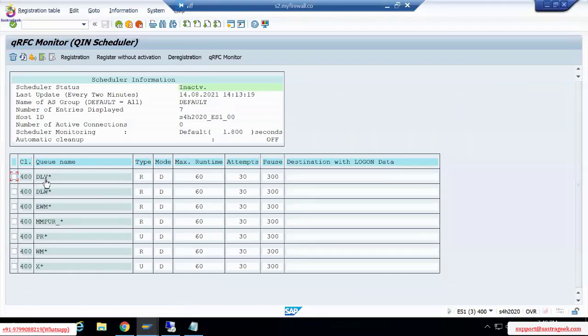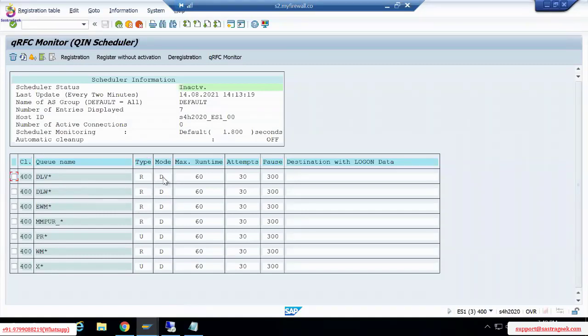For example, DLV star, DLW star, EWM, MMPR, PR star, WM star: each of these means the queue name here. If you're trying to send an EWM inbound delivery, or an inbound delivery from your ERP, the queue name starts with DLV star, and the mode, you see this D,